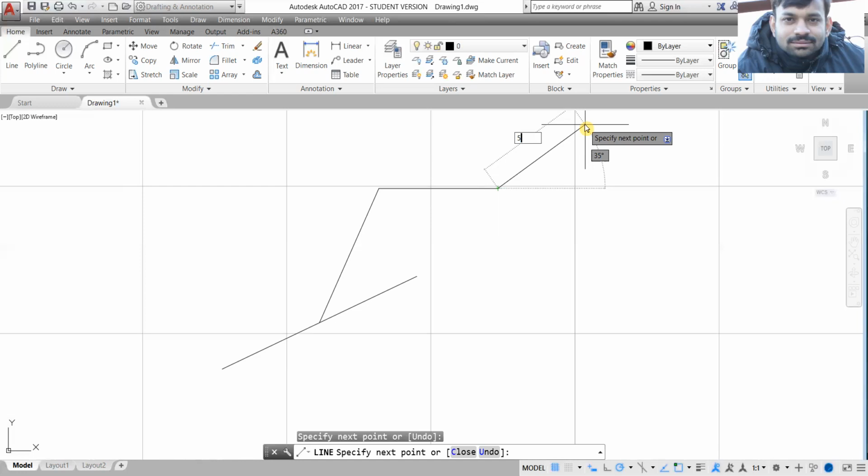And the second thing which is to be done is that it should be inclined at an angle of 45° from the positive x-axis. So right now in the second box, you can see 35°. I want to reach this box to enter the value of 45°, right? So right now my cursor is at the length rectangle, which has 5 in it. I'll press tab